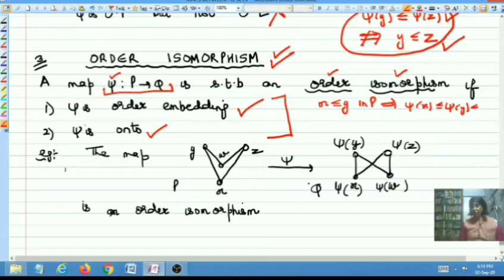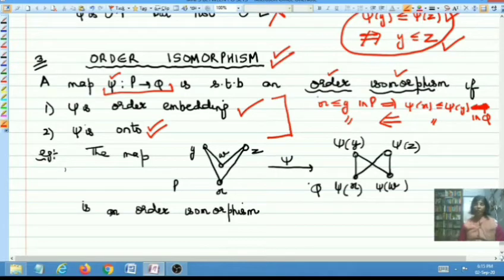This is one condition that must be satisfied. And if the images are related in Q, and if the images are related in Q, then if this happens, then this should happen, then the elements must be related in P, and also it must be an onto map. So in a way, three conditions must be satisfied, which means that the map should be,